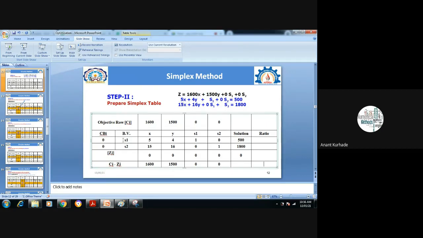See, just write down basic variable. Toward the right side, write down variables from the objective function: x, y, s1, s2. Exactly above, write down the coefficient of each variable from the objective function: 1600, 1500, 0, 0. Towards the left side, write down s1, s2. Write down 0, 0 coefficients from the objective function. Now first